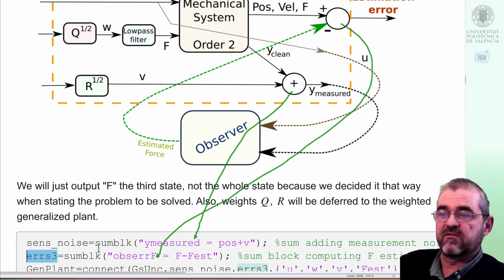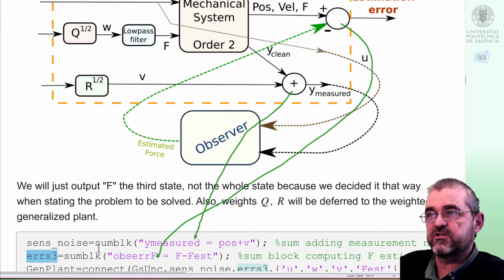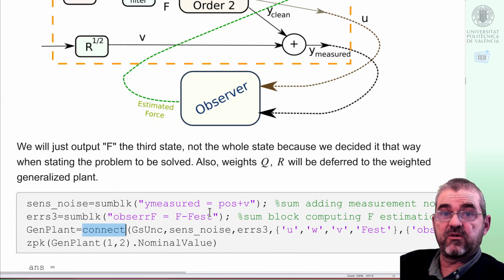Maybe it's a bit unfortunate name, but okay, that's what got into the code. So with those two summations and using the connect command so that we connect signals by name, as in the above block diagram, we connect the uncertain system we already discussed in the first video,